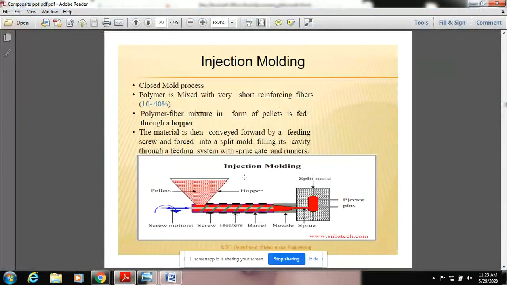See, careful design. Design involves three parameters. One is the nozzle, how much velocity it should have, and how much space or cavity should be filled. Temperature has to be maintained. Screwing. These are the design parameters you are supposed to consider before manufacturing. This is another disadvantage. And one more disadvantage: if you want to change the shape of a component, we need to go for a different mold and a different cavity again. That was another